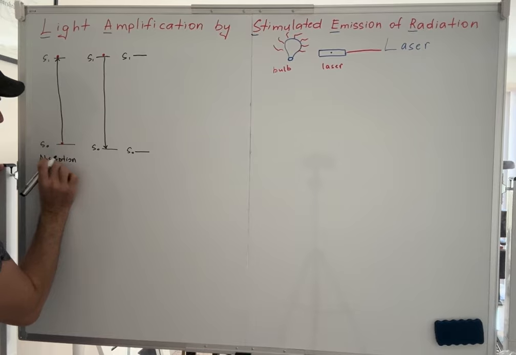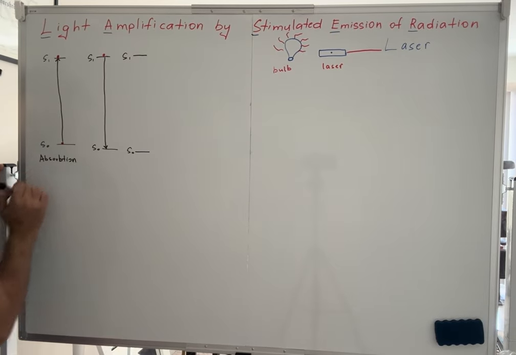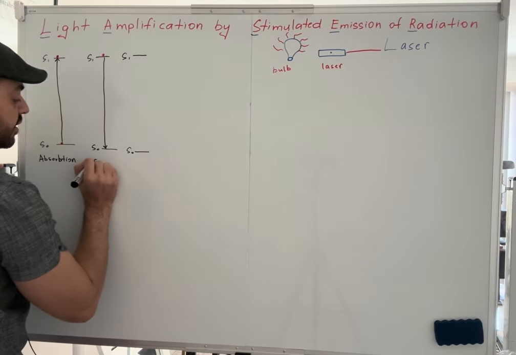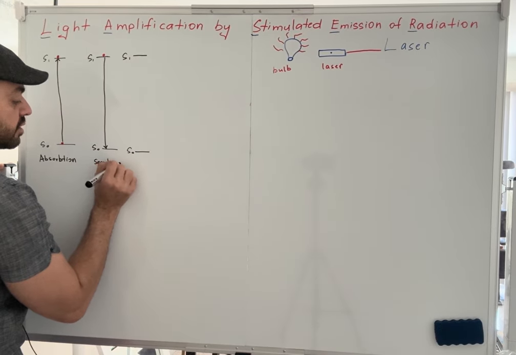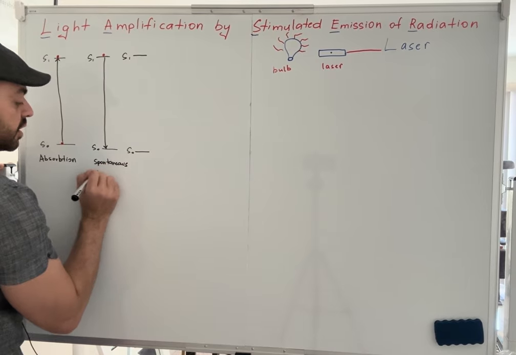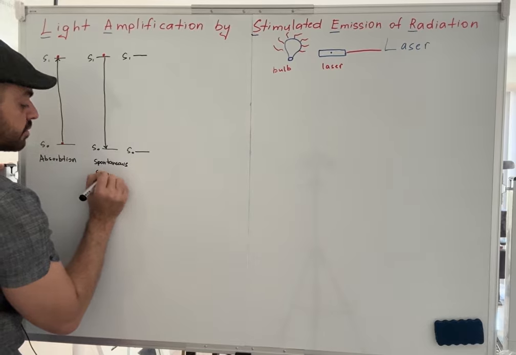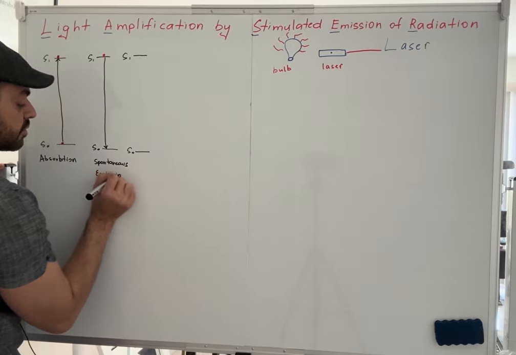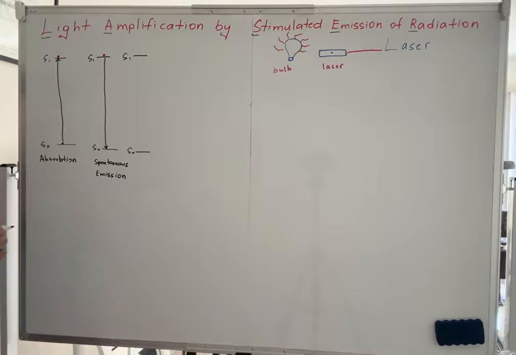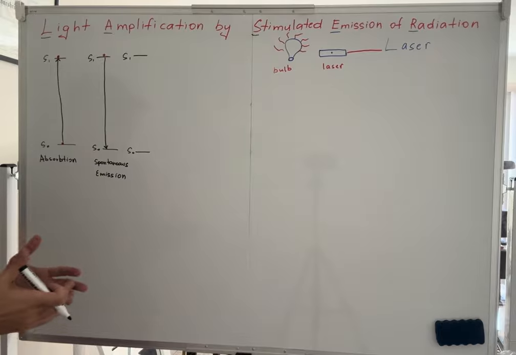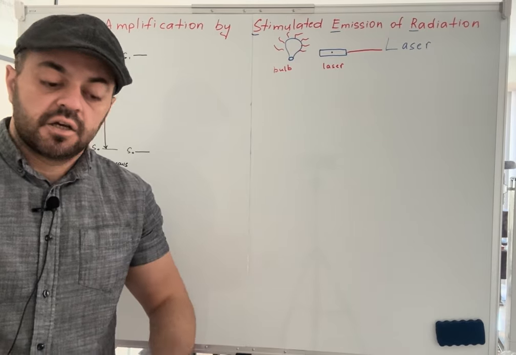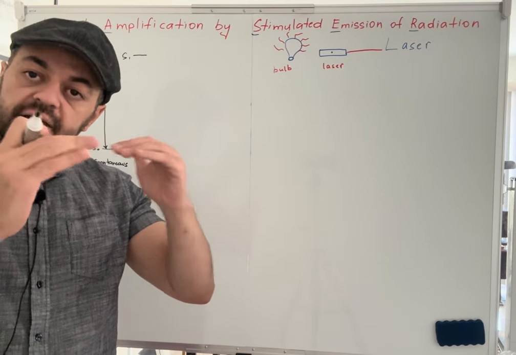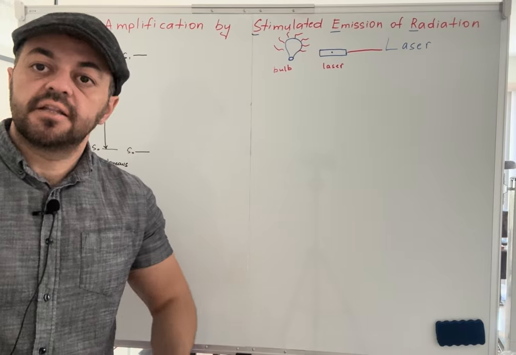Apologize, it should be absorption. And then the second one is spontaneous emission. Spontaneous emission. So again, according to spontaneous emission, the molecule just randomly goes from excited state to the ground state,